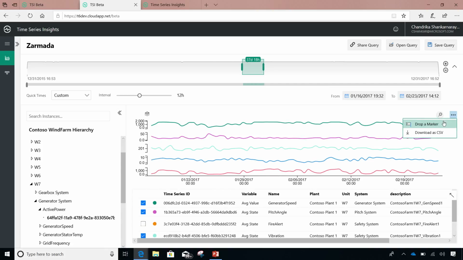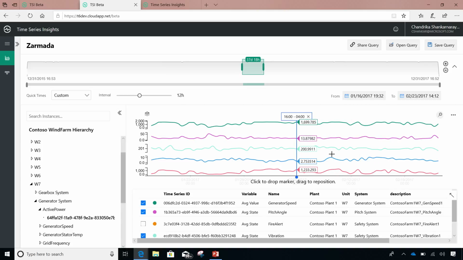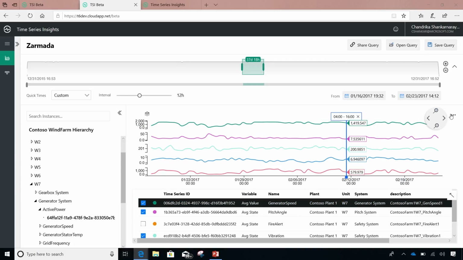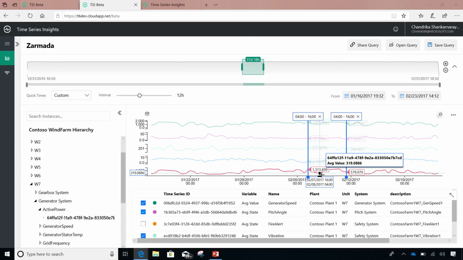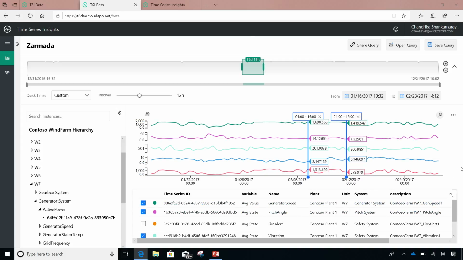And I can also do things like, once this restores, drop a marker. So if I say there are some spikes happening at a certain point in time, I can drop a marker in that spot and say, okay, I want to be able to compare that. I want to drop another marker. Oh, that didn't quite stick. Drop a marker. There we go. And then I can drop another marker to say, okay, what happened between this time and this time? And I want to be able to correlate between these two time windows. I want to be able to look across all of these time series and look at the values across them and do compare and contrast, that sort of stuff. Super intuitive, graphic interface, and so on.